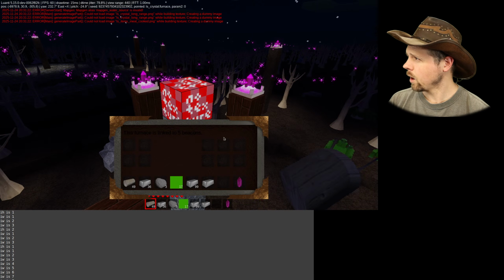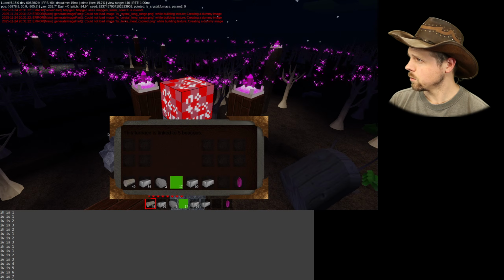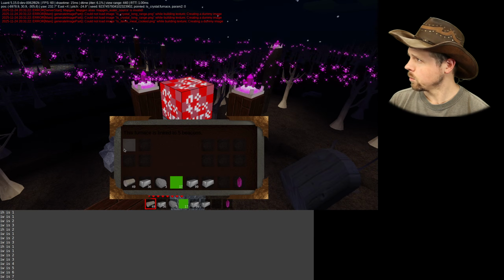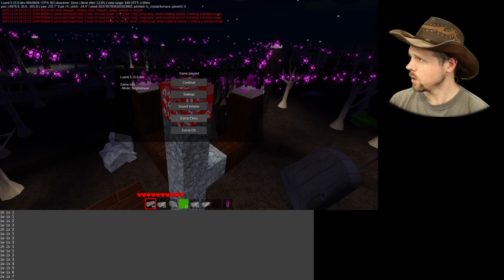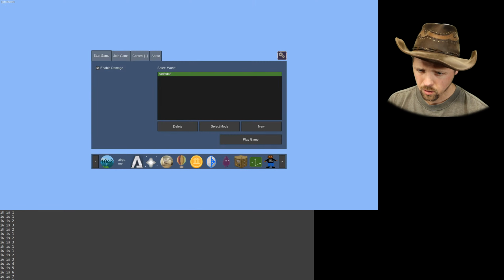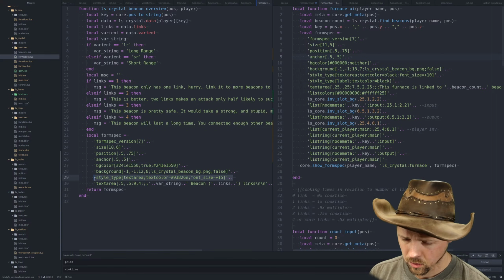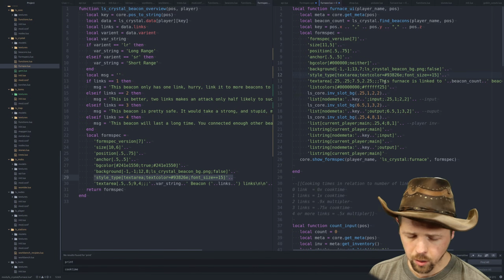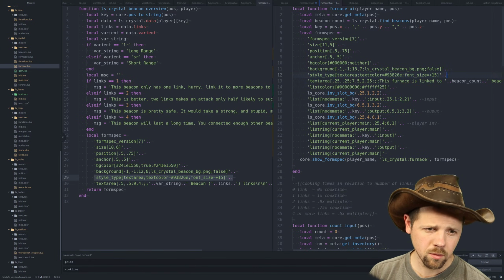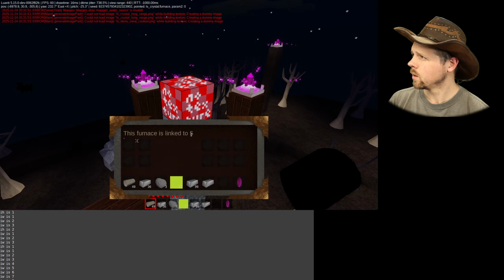There we go. Yeah, I mean, you can't read the text. And I don't know if this is actually the right size. It might be skewed a little, but it does work. Again, you can't read the text, so I should fix that. I just have to change this, and then do style type text area. Bada boom, bada bing. The text area should probably be centered as well for titles, but this furnace is linked